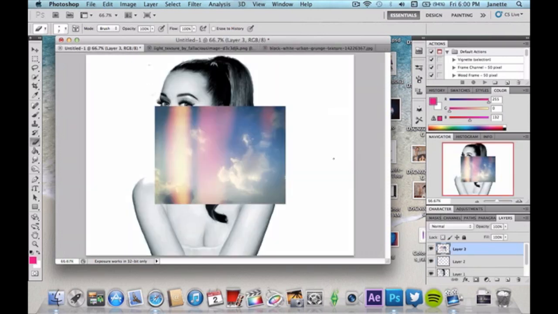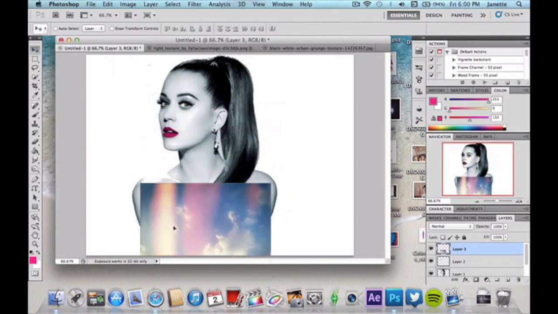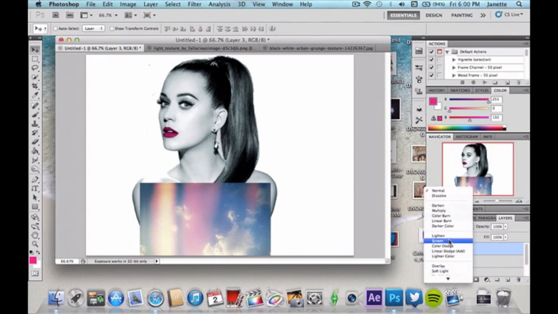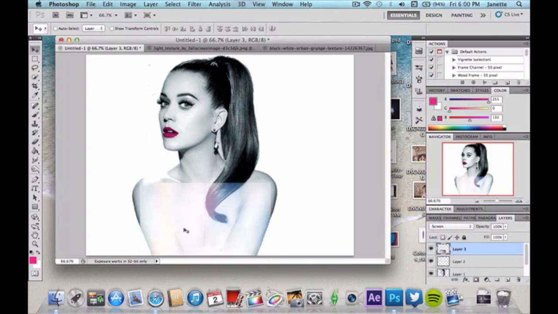anywhere you want. I'm going to put mine down below here, and we're going to change this layer to screen. Yes, screen. Do we like screen? I like screen. Alright, and then we're going to go ahead and mask layer that, so we can now